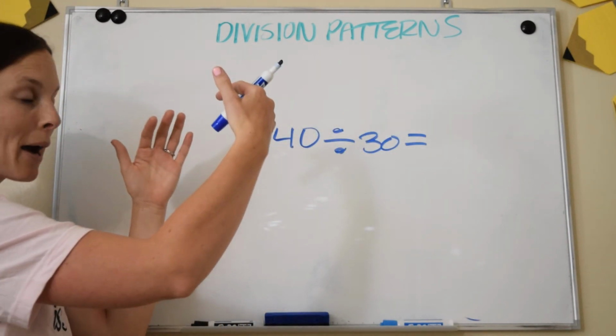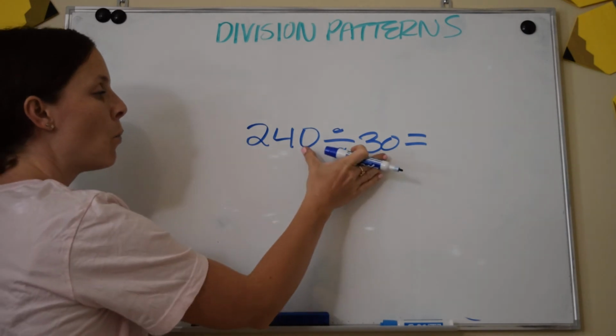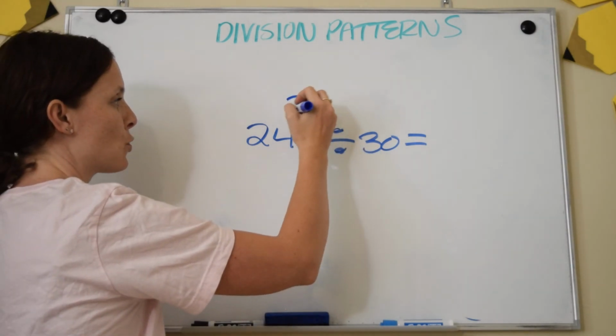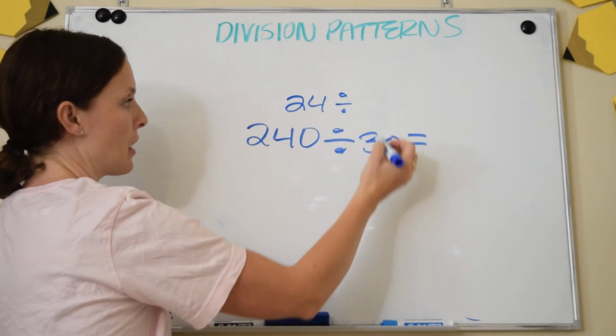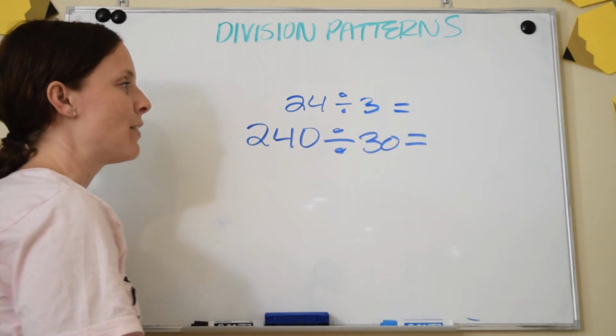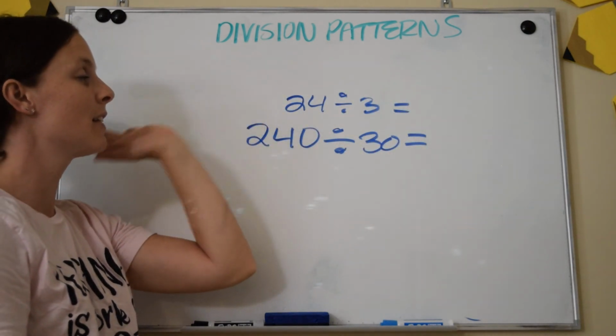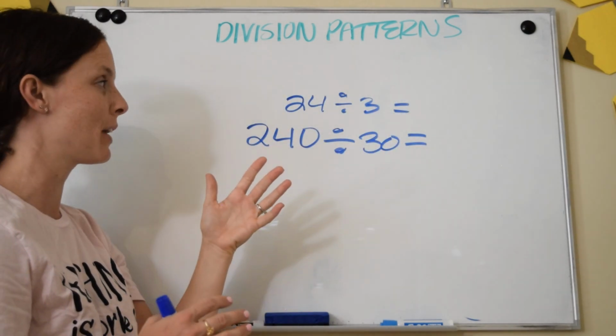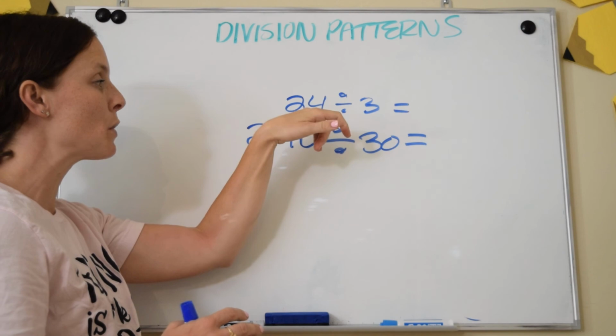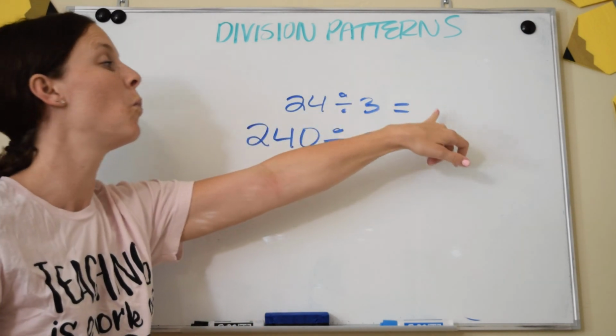You still are going to go backwards by taking away 1 zero at a time. So it would be 24 divided by just 3. Wait, 24 and 3, that's a fact family. Remember, fact families help you with multiplication and division. I might not know what 24 divided by 3 is, but what times 3